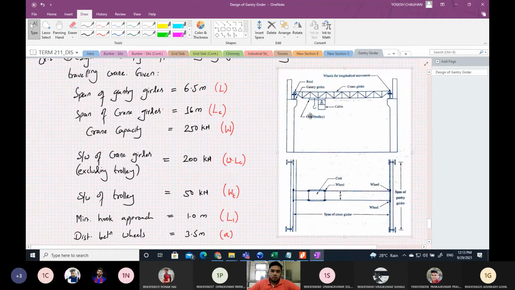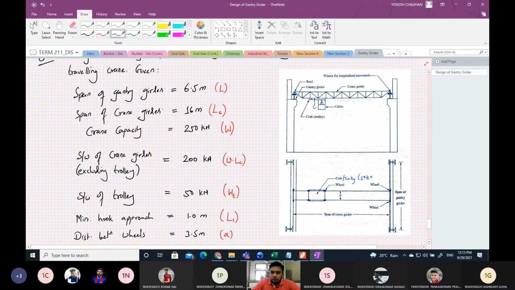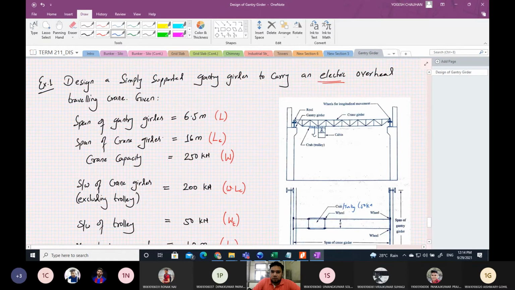See, the weight of this crab, that is trolley, is 50 kilonewton. So the weight of this crab is 50 kilonewton. Then the capacity of the crane to lift the material